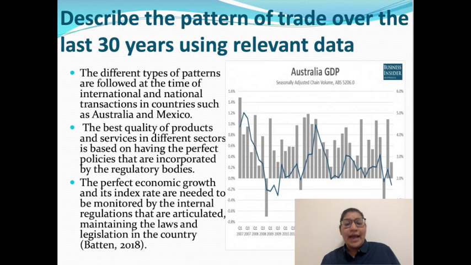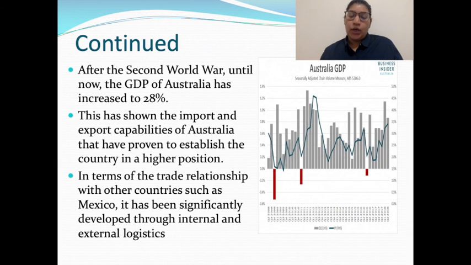The economic trade has increased to a large amount in comparison with other countries. For Australia, the main products under which the trade and economic consistency of Mexico are being sustained are crude petroleum, gold, tropical fruits, and silver. After the Second World War until now, the GDP of Australia has increased by almost 28%. This has shown the import and export capabilities of Australia that have proven to establish the country in a higher